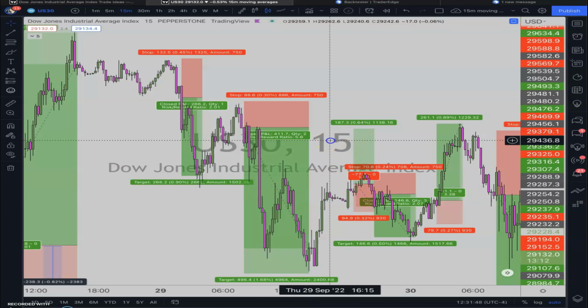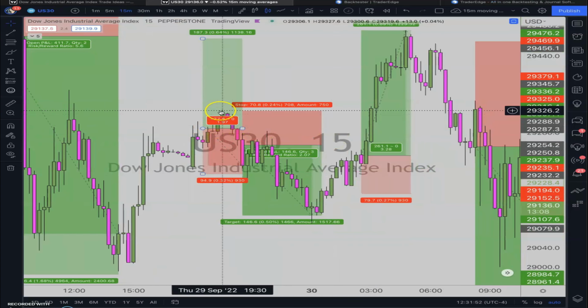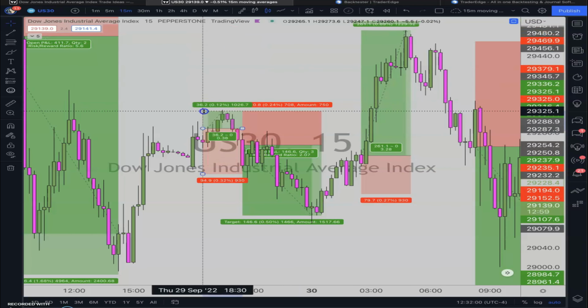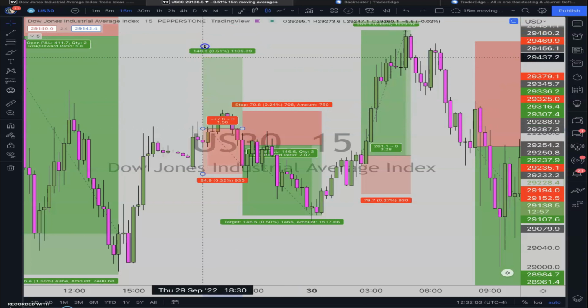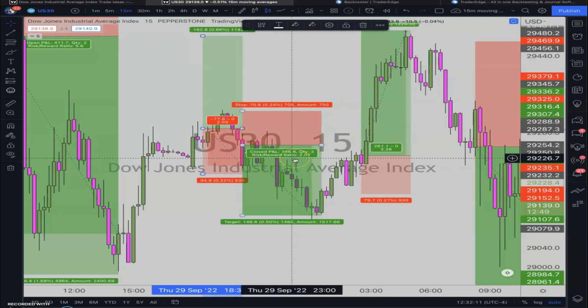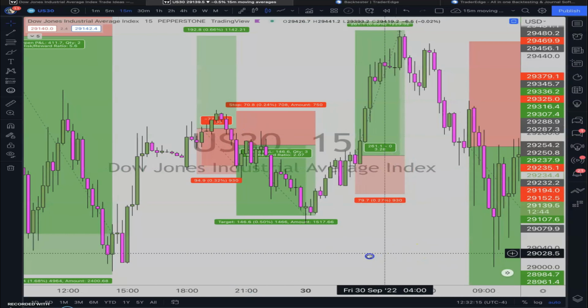This, of course, I'm going to have to try to zoom in a bit. We would have entered right around here. Of course, it came up not quite at a 1-to-1, so this does not count as a win, and it swung down. So this is a losing trade. This is our second one to give you an idea. I just don't like how that looks, but you guys get the whole idea. So this would have lost a total of 77, depending on the risk that you're using. So we got 2-to-1 risk to reward ratio, 3.2-to-1